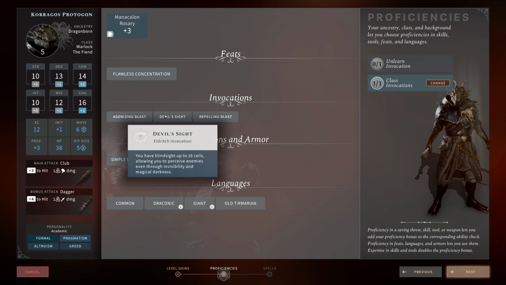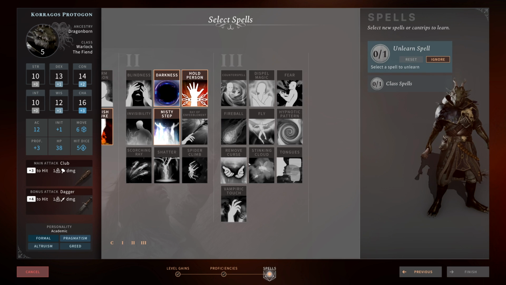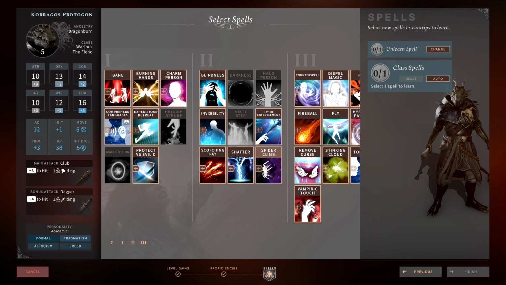And so now I'm going to be able to see through magical darkness, so I can stand in magical darkness and kick everybody else's ass, but they can't do it to me. So great time for that. I'm not going to unlearn a spell, and because we hit level 5, we get our